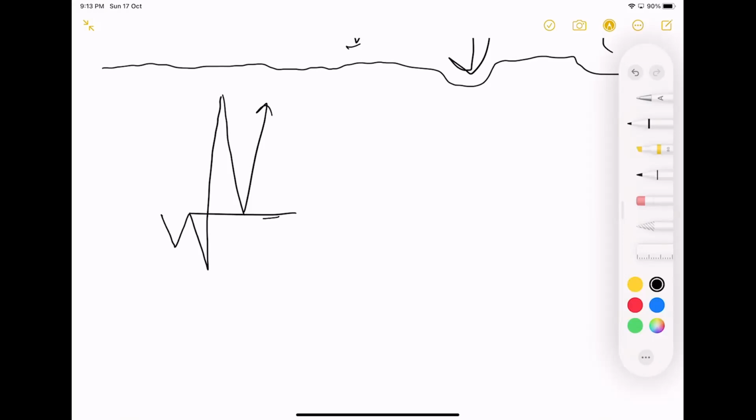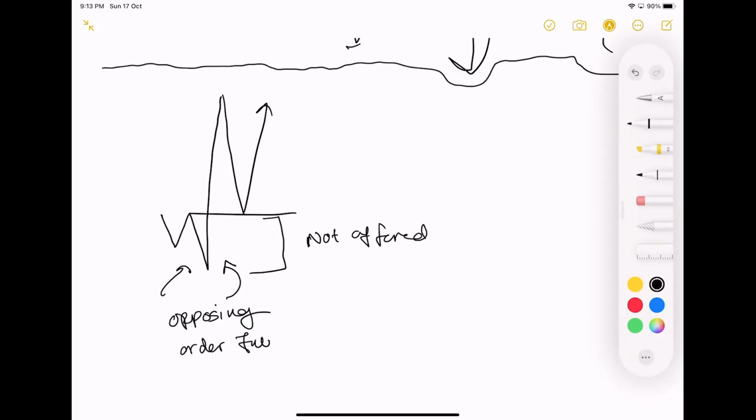Why? Because this portion is not offered anymore, right? Meaning that the order flow over here is matched up with order flow over here, therefore they are balanced. So essentially you would say opposing order flow nullified. Okay, opposing order flow, wrong spelling, opposing order flow has been nullified. All right, so that's what I said earlier, right? Now while that is true in terms of logic, okay, while that is true in terms of logic, there's another